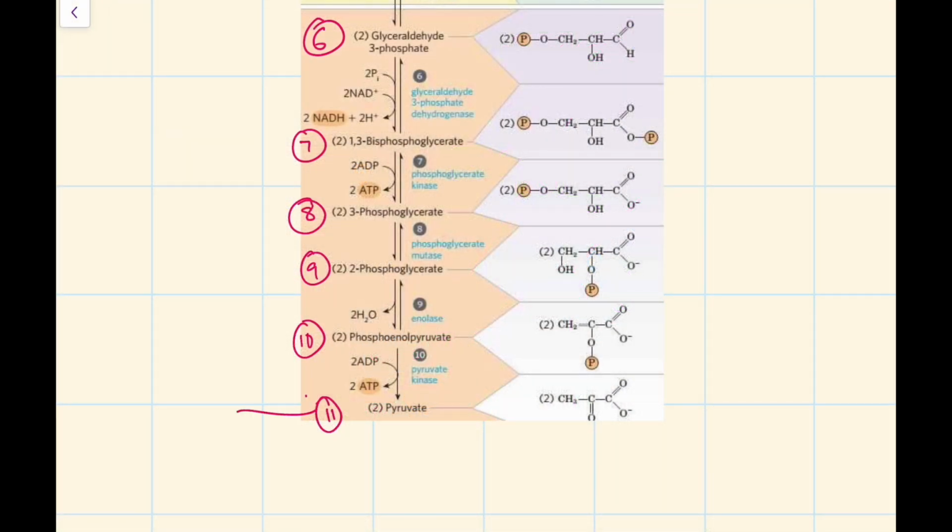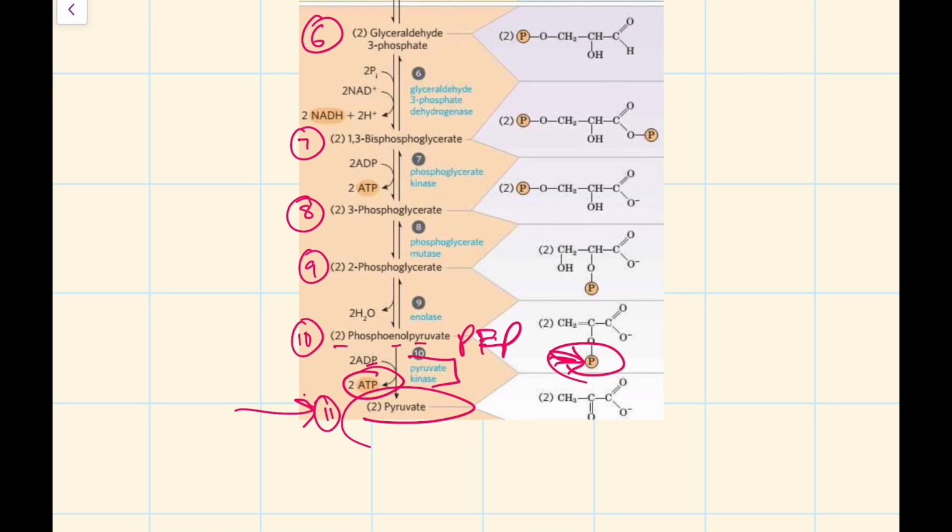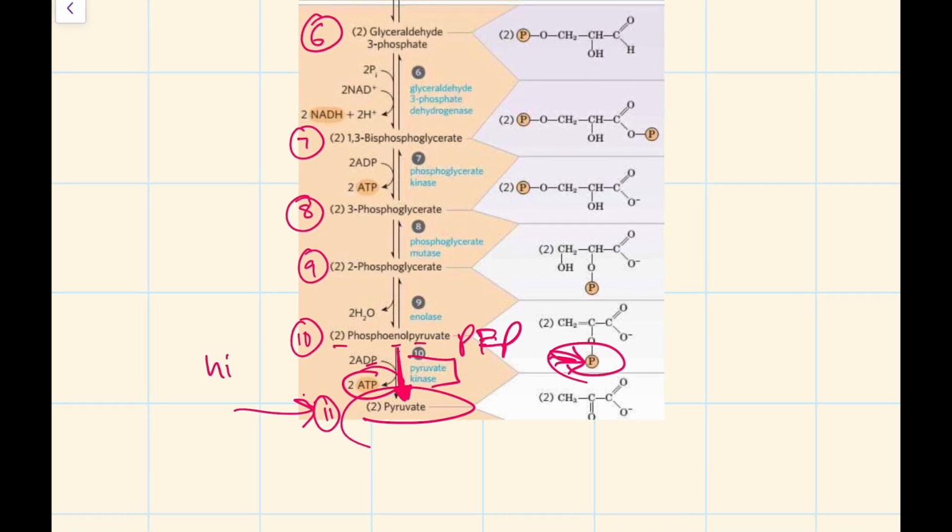Alas, we have made it to the final intermediate of glycolysis, which is pyruvate. We are going from phosphoenolpyruvate to pyruvate with the help of our enzyme pyruvate kinase, and in doing so we are dephosphorylating PEP and making ATP by transferring this phosphate to ADP. One thing that is super important though is that this is an irreversible step. This is irreversible. Does not go both ways. And it is highly regulated